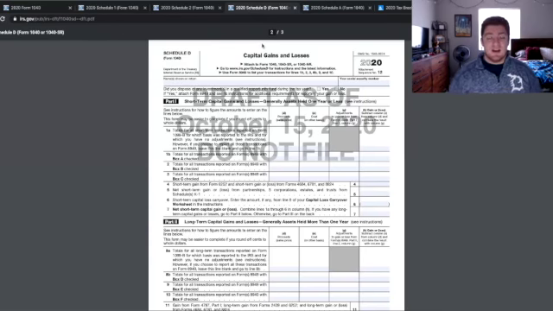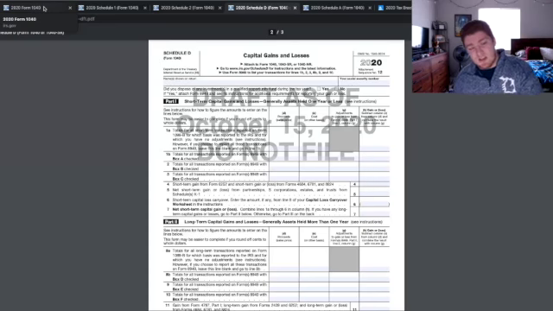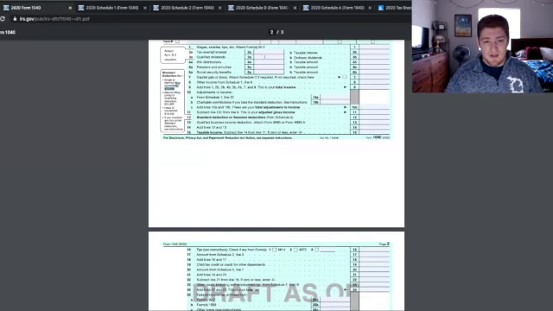Excuse me. And the reason they separate them out is because long-term capital gains will receive a favorable tax rate over short-term capital gains. And the way you fill this form out, you just need your proceeds, you need your costs, and that'll help calculate your gains and losses. And these amounts flow through to the face of the 1040, which you'll see is very common. There's a lot of forms that are hidden kind of behind the 1040 that help calculate all the numbers. And then they do all the calculations and it flows to the face of the 1040.